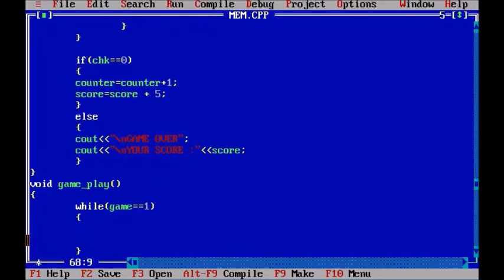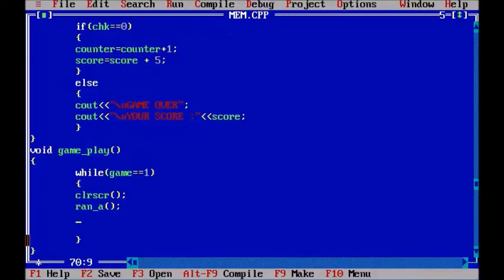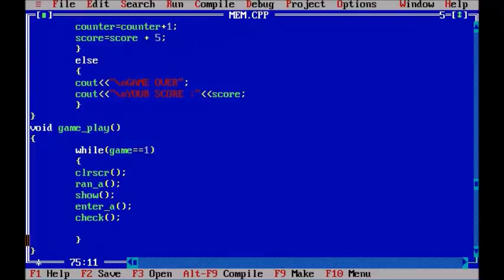So first what we have to do is clear the screen. Next we have to enter our random array. Then we have to show it to the users, and at last we have to enter the array, and later we have to check it. But the problem with this is,